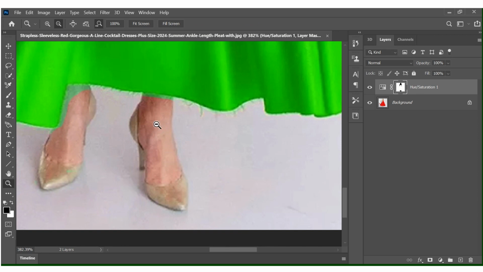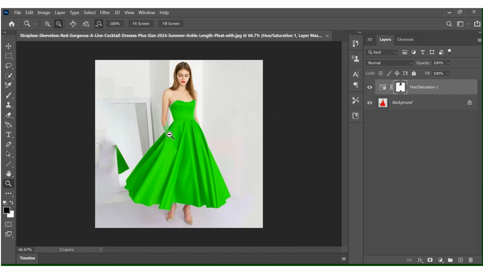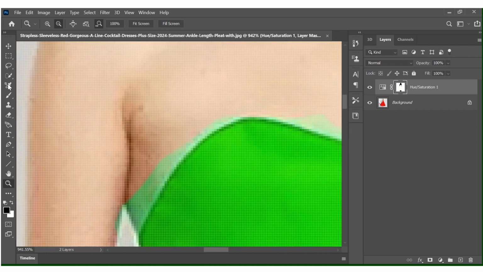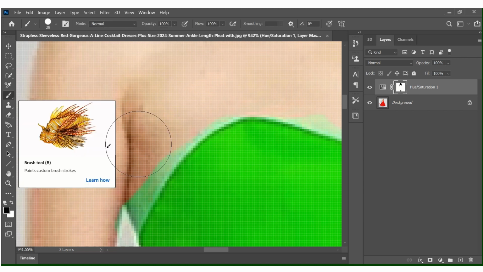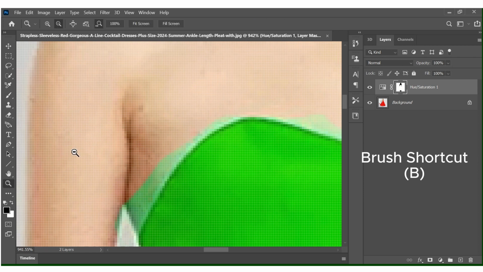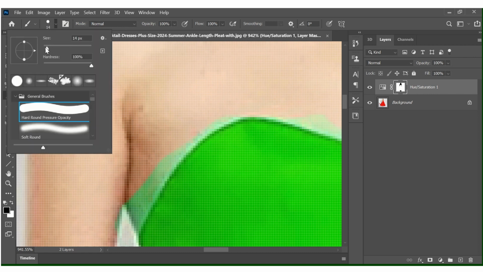Then you click on Z. This is the shortcut for zoom, and then you zoom out. Then now we want to clean the parts that are very close to her skin, close to the dress, but we don't want to do that to the rest. So make sure you zoom in properly, and with your brush selected, you can click here, or you can also press B for brush. If you have something else selected, you press B and you get your brush. Then you make sure your brush is small, so that you can go along the tips